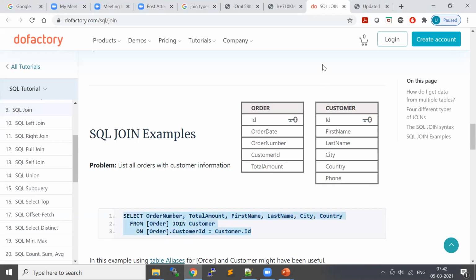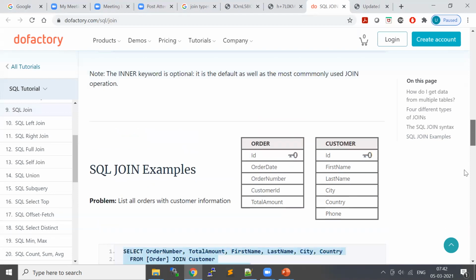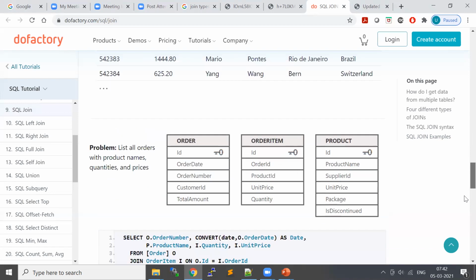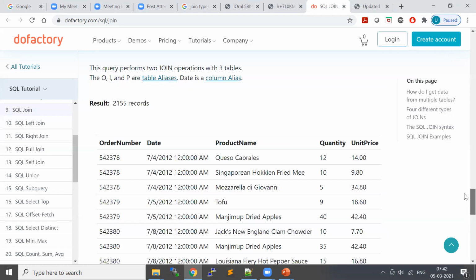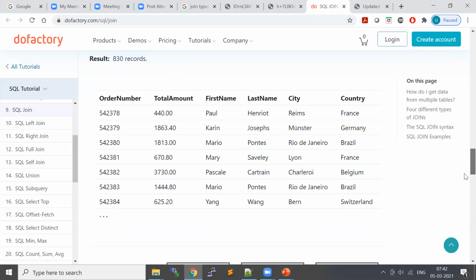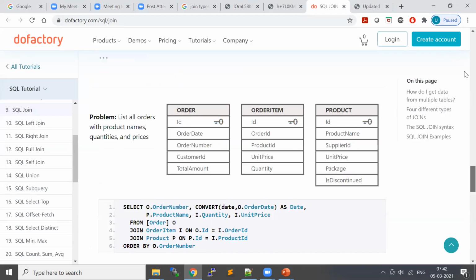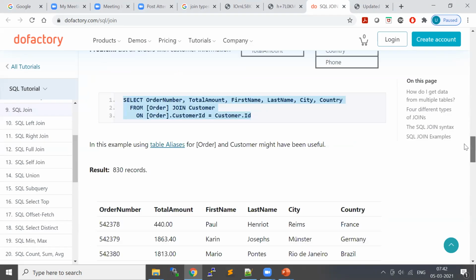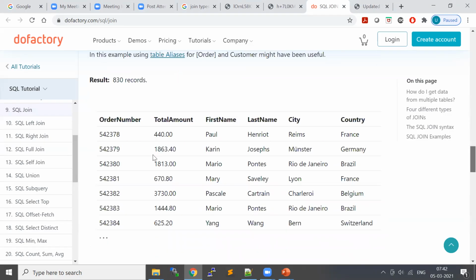So what happens when you do an inner join? Take an example of sample data. This is the order table.